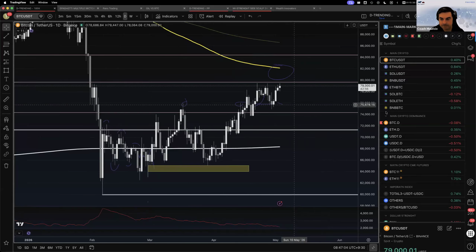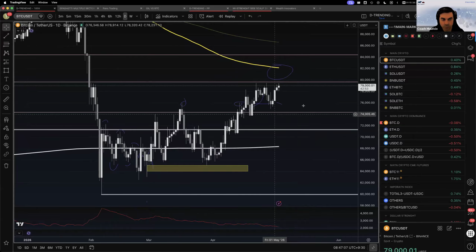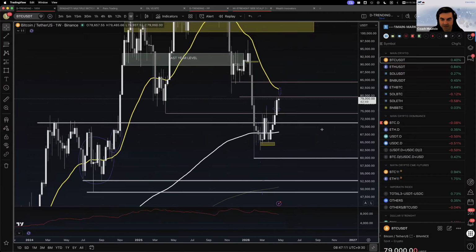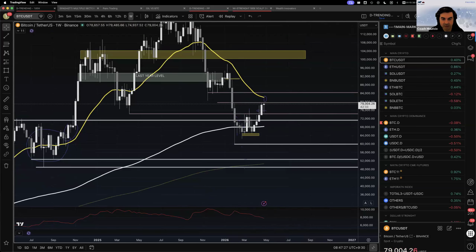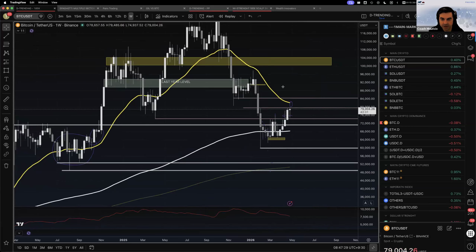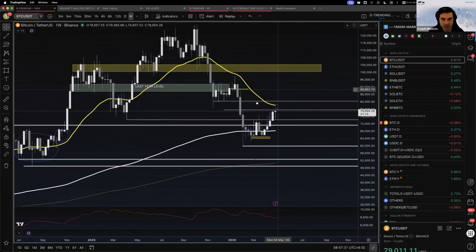All right, so Bitcoin, right? Let's start with the weekly, okay? So that's the main thing. Weekly perspective is looking very good. We have this level here, which is the 80, and I think a lot of traders, a lot of institutions, a lot of people are looking at that level. I was talking about it on Friday. From the weekly perspective, it looks bearish. This is a bearish pattern. Would you agree or would you disagree?